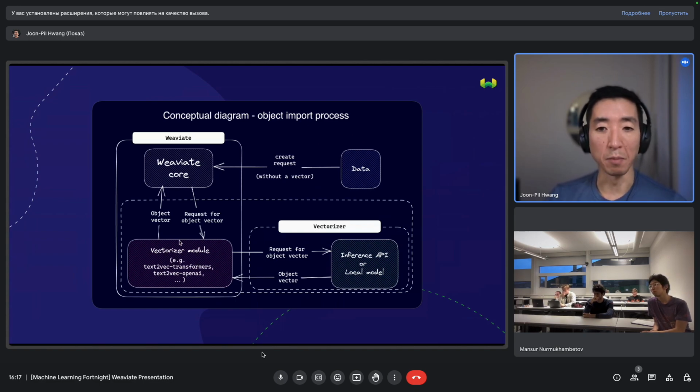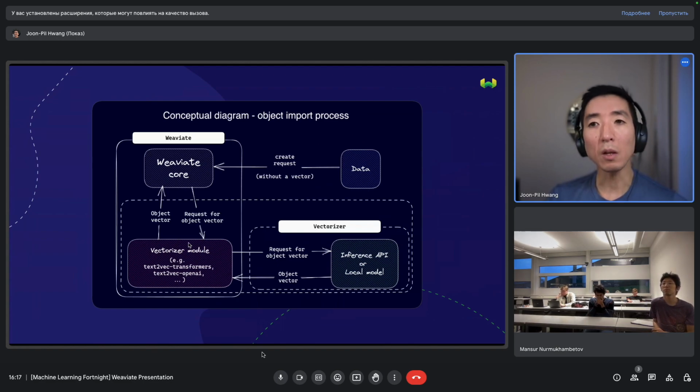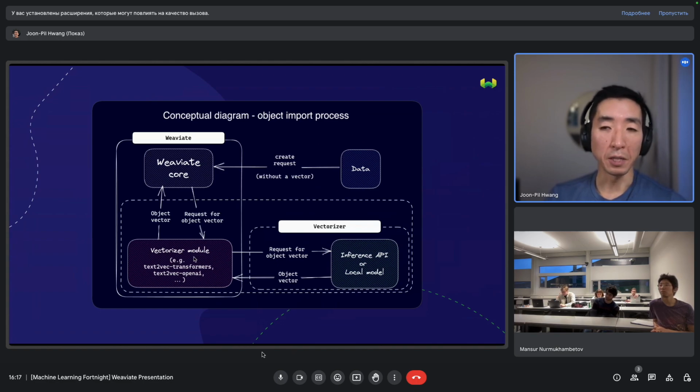Don't worry about the exact module system, but just understand that in some vector database systems, it can take care of that because it's all integrated. So it goes, okay, I want to store a vector along with my object. I don't have that, so can I get it? And in my particular case, what I've done is to go to an inference API, in this case the OpenAI one, request an object vector, get the vector back, and deal with it.